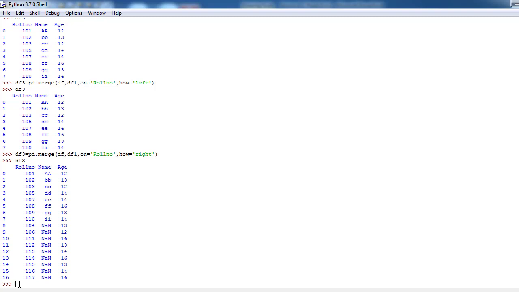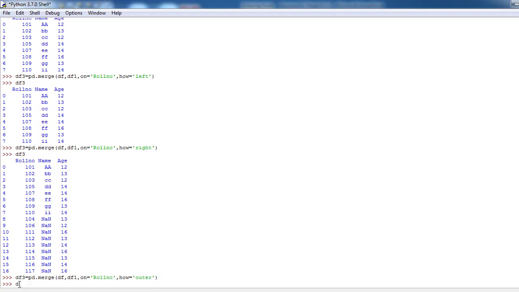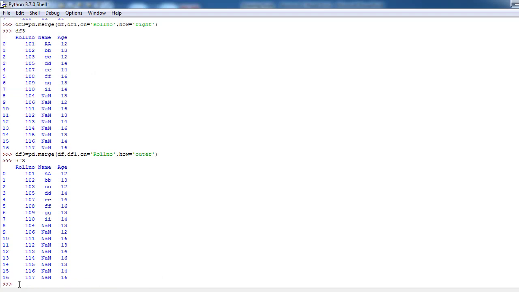So here tf3 is equal to pd dot merge of tf comma tf1, on is equal to roll number, how is equal to outer. Now we will get tf3, yes, with all the matched rows as well as the rows from tf1 and the rows from tf.